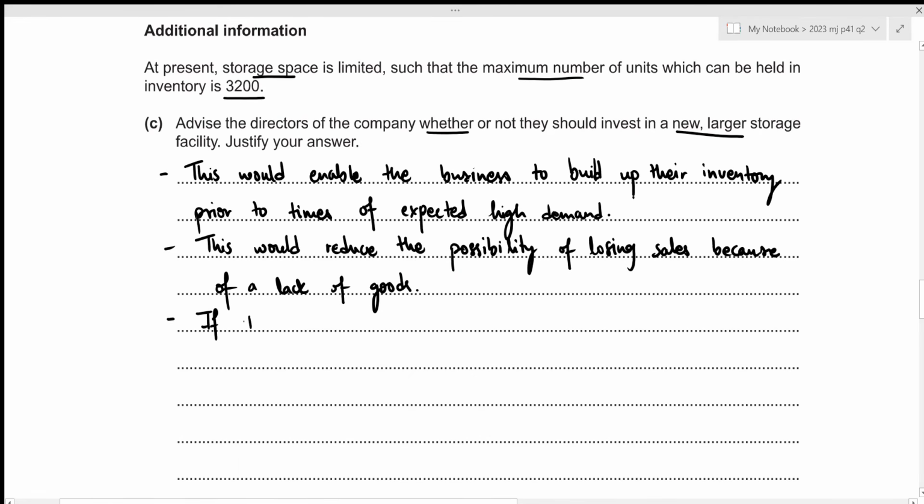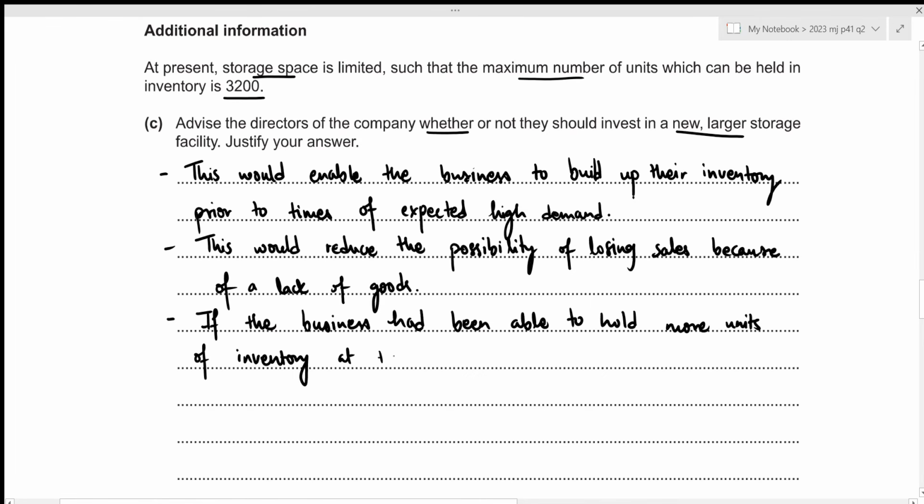If the business had been able to hold more units of inventory at the end of February, then sales would not have been lost